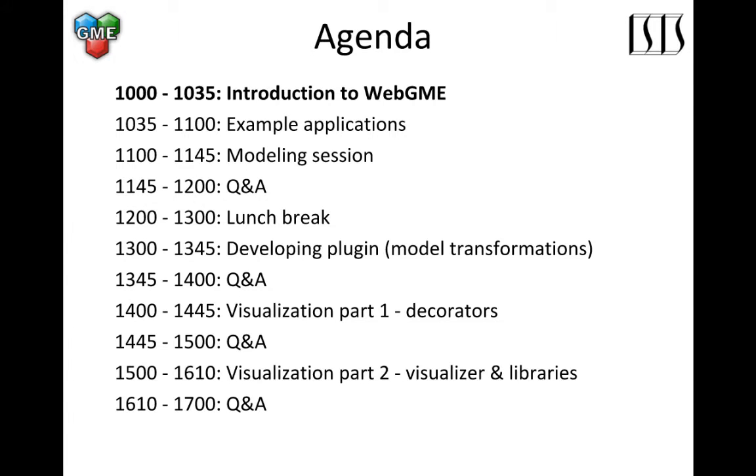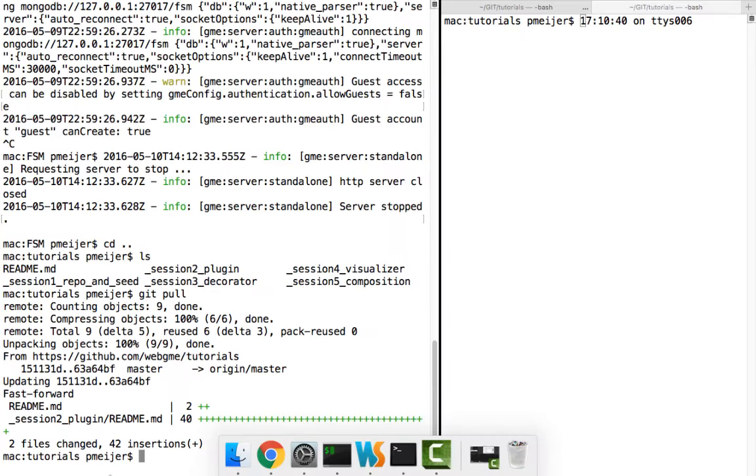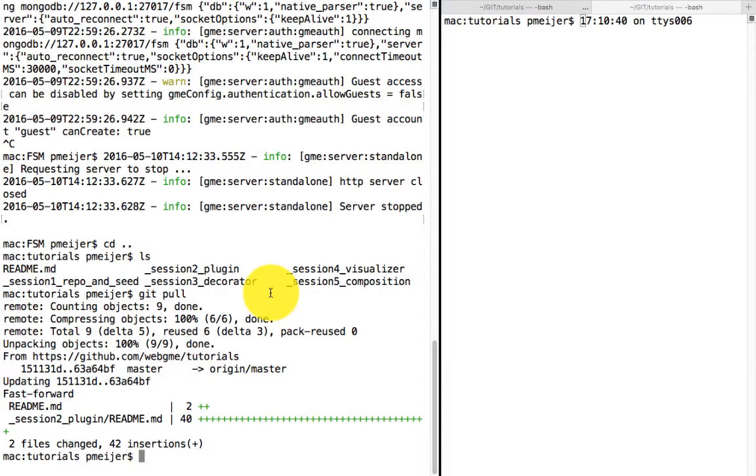The aim for this session is that we will build a finite state machine model, an example of it, and basically start our journey learning how to use WebGME. The first step, when you install the environment, so you have the WebGME CLI, your node, and all the other tools that are necessary, is that you have to initialize your project,